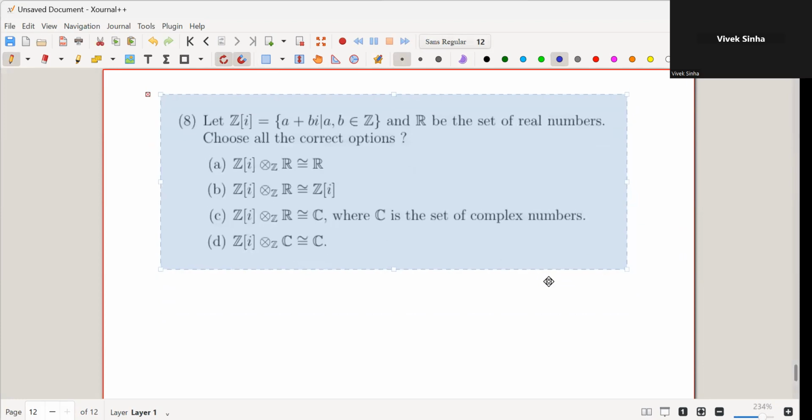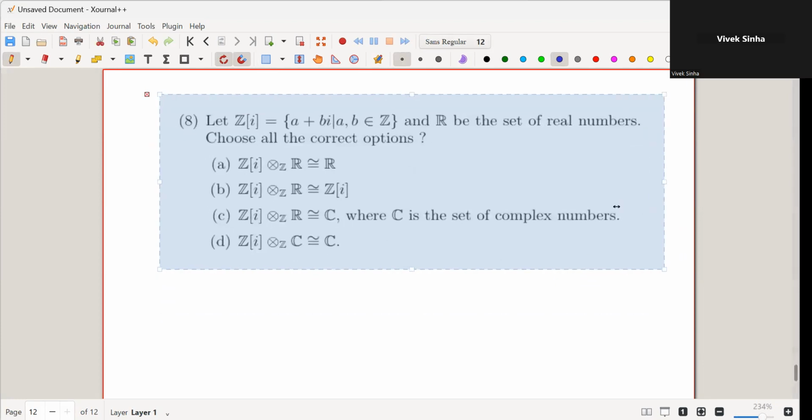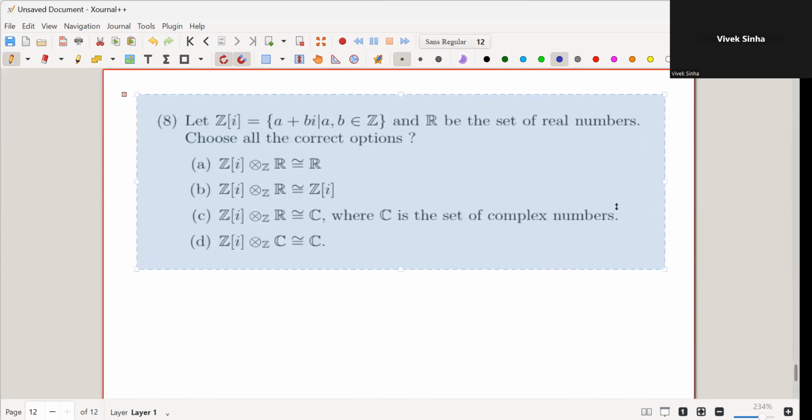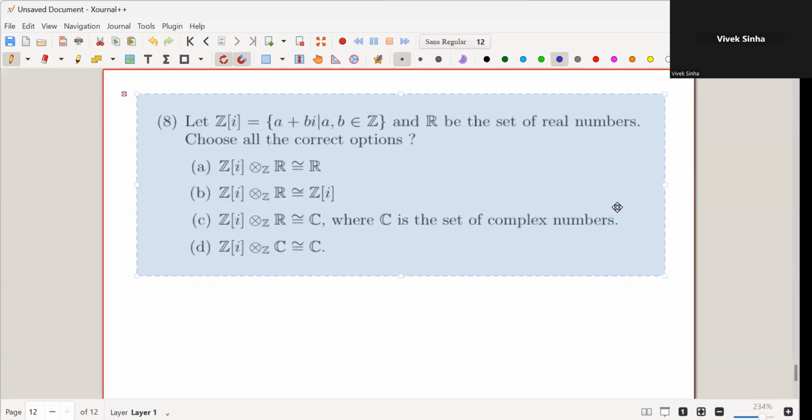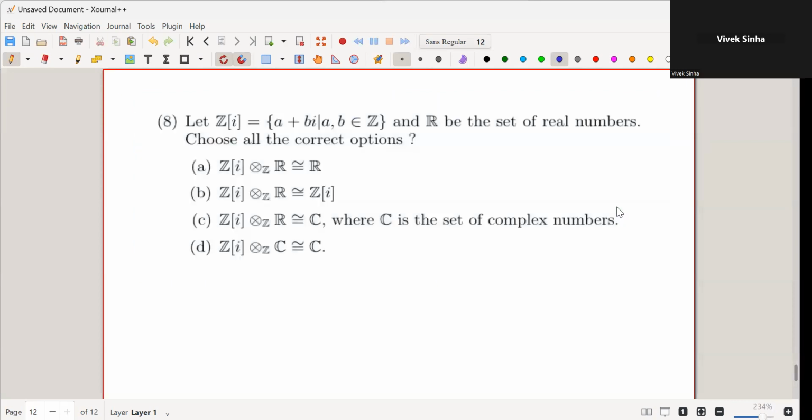So it says here we need to check two things: Z[i] tensor with R is isomorphic to R[i], and Z[i] tensor with C is isomorphic to C. So